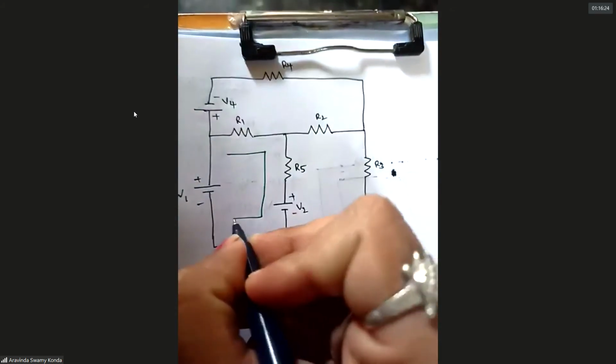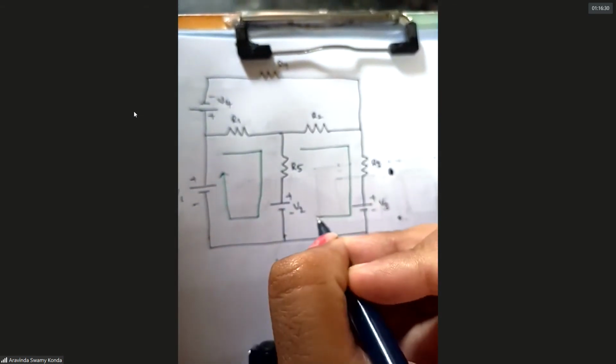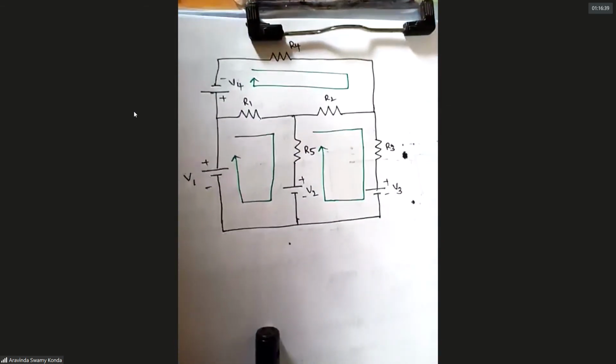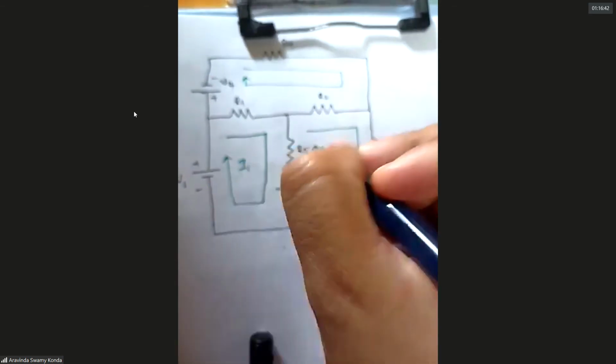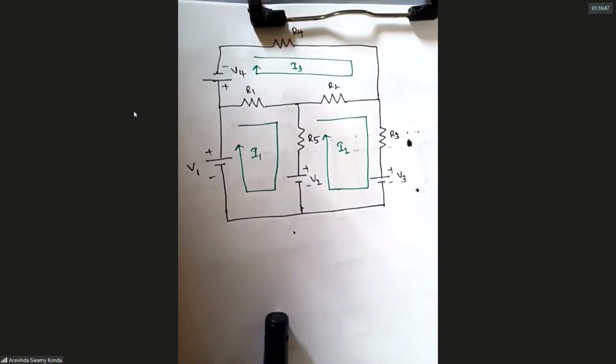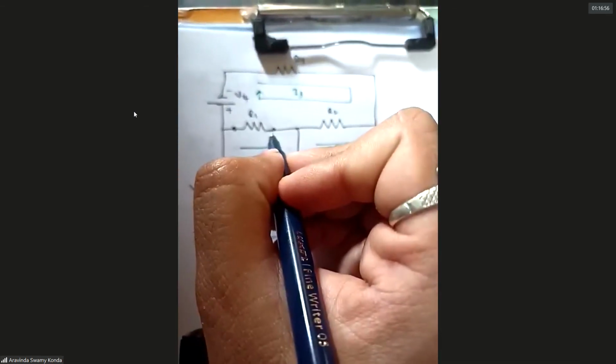So this is the clockwise direction. Don't bother about the source directions. You take the clockwise direction. So what do you do next? The I1 current is flowing in the first mesh, then I2 and I3 currents. Depending upon the current directions, you take plus or minus. So this is R1. What is the current entering point here? This one. So what is the sign for this, plus or minus? Plus, sir. Very good.